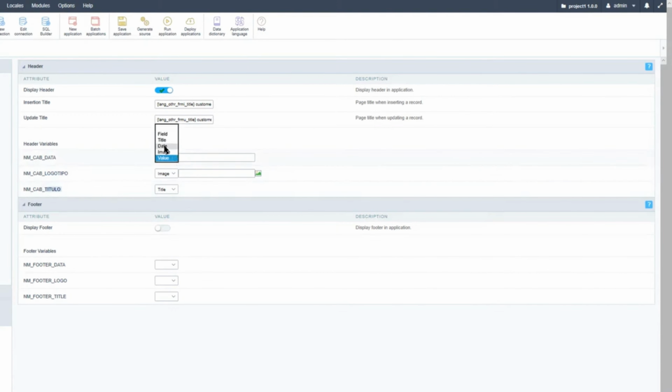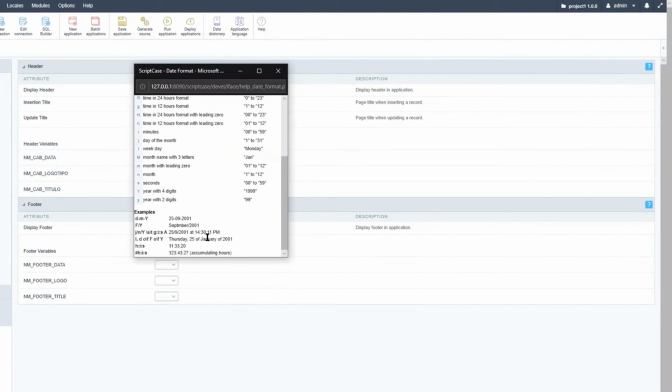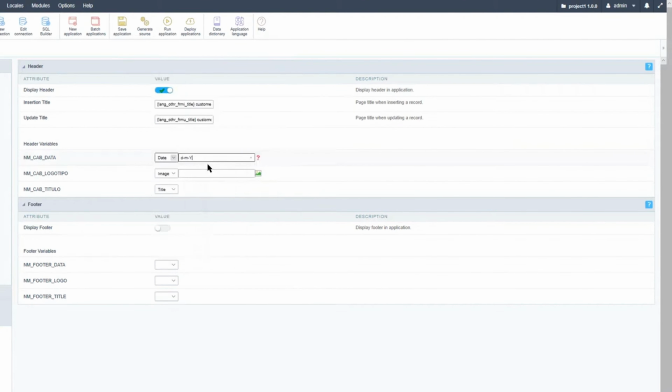So here within the data, I will select date, and then when date is selected, we have here an open date formatting help indication. Clicking that will present us with some examples which we can use. We can simply copy and paste that into the field, or we can specify or provide our own. The footer function is exactly the same, as in we can specify here the field types and values that we want to provide for each field when of course the footer is displayed.